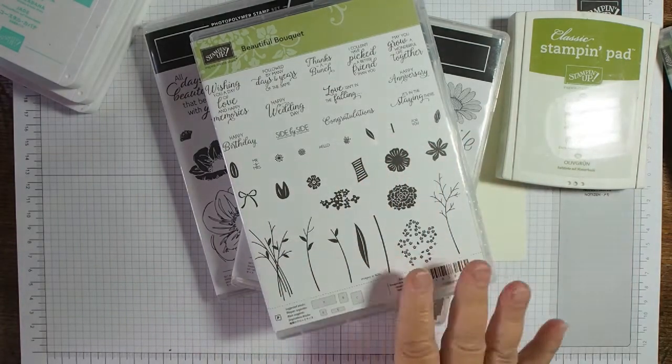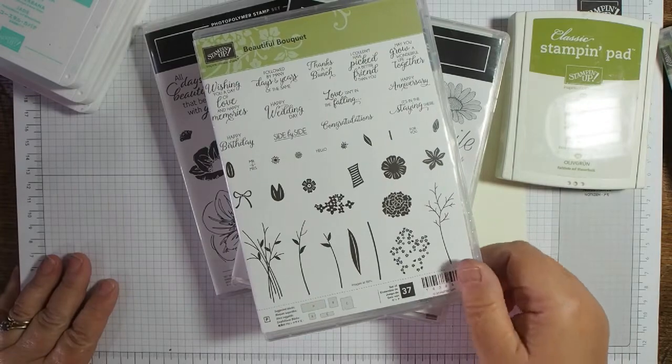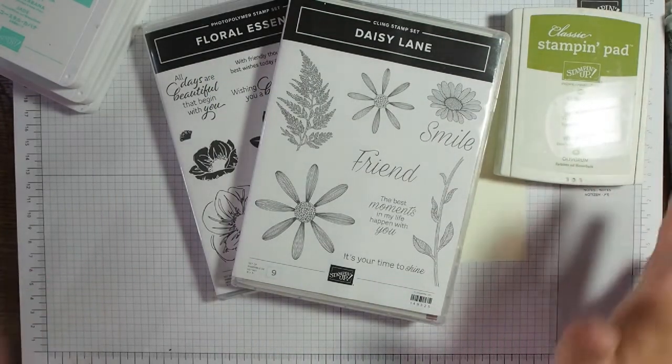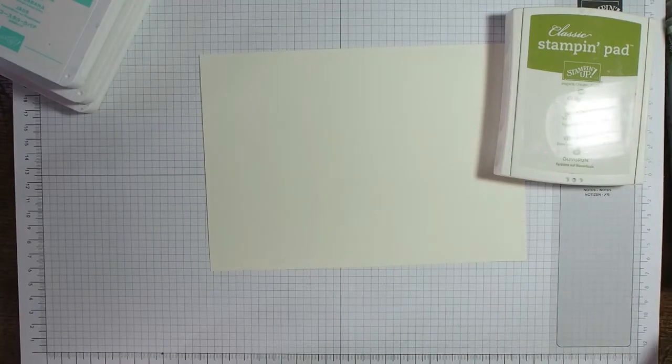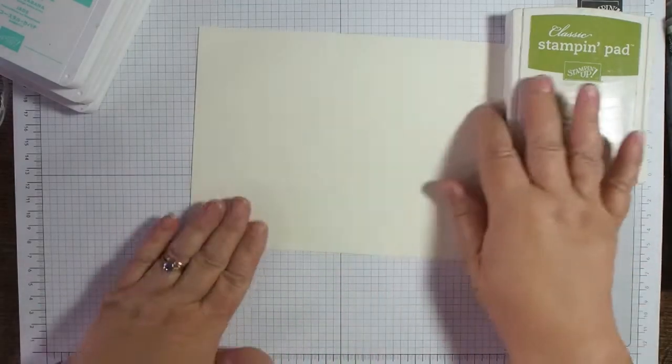And there are some flower images in it I may or may not use. I don't know at the moment. I'm just going to play. So rather than play and then replicate it and then show you, I don't know quite where we're going to go with this, but I've got some blocks, I've got some stamps, and